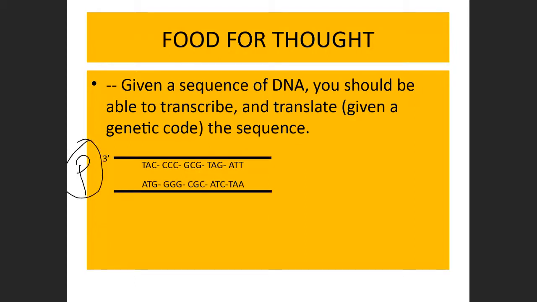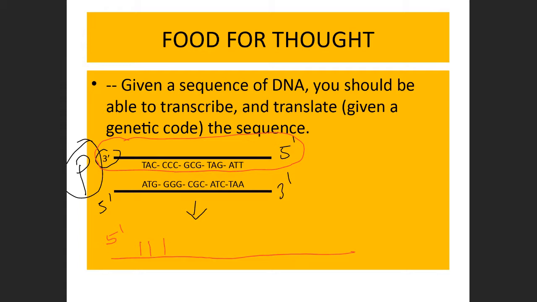This is telling you that this is the 3' end, which means this is the 5' end. So when it comes to transcribing, we're going to use the 3' to 5' DNA strand so that we can transcribe it 5' to 3',